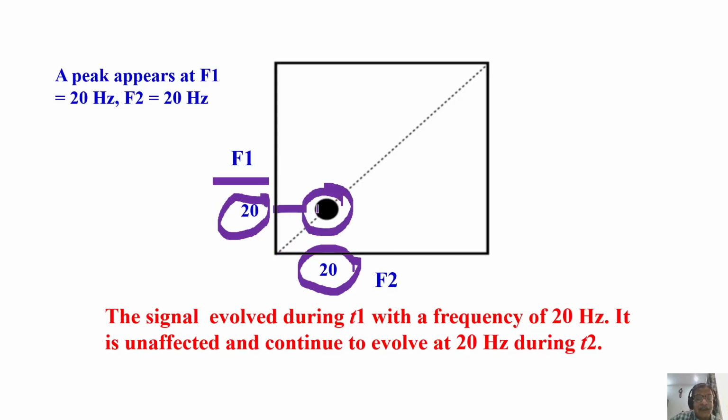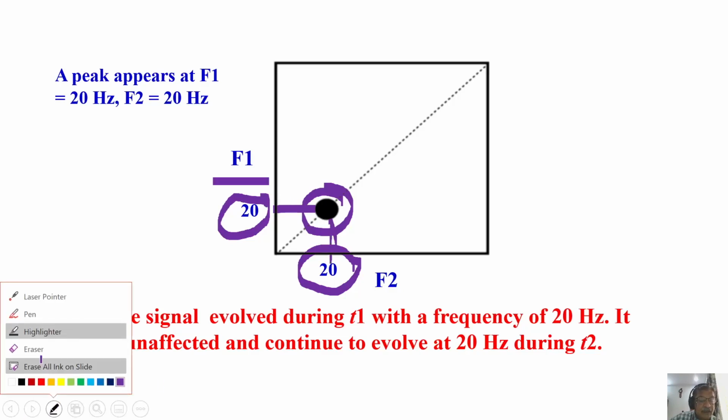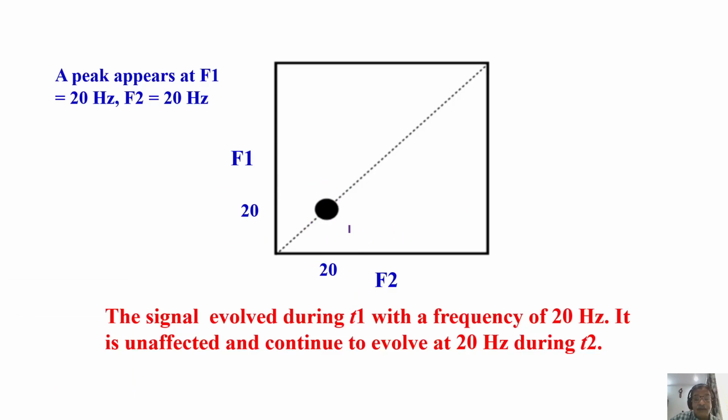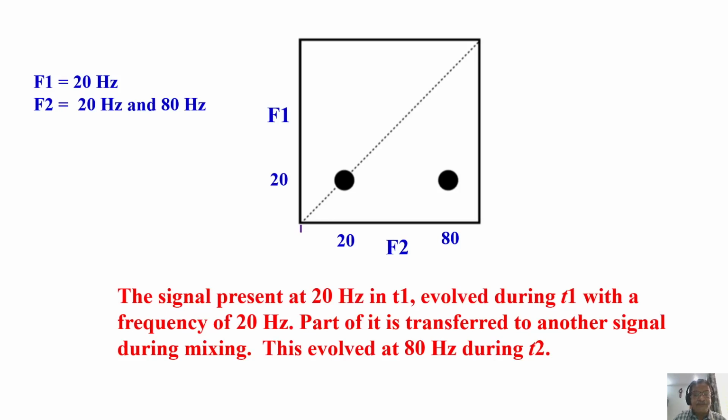When the diagonal peak is there, take a line here, take a line here, both the frequencies are same. Understand? Now this peak is coming at 20 hertz in the F2, 20 hertz in F1. So this frequency remains same in both the dimensions, and it has not given energy to any other peak in this dimension or in this dimension. As a consequence, it has no coupled partner. So it is a diagonal peak. That's what you have to understand.